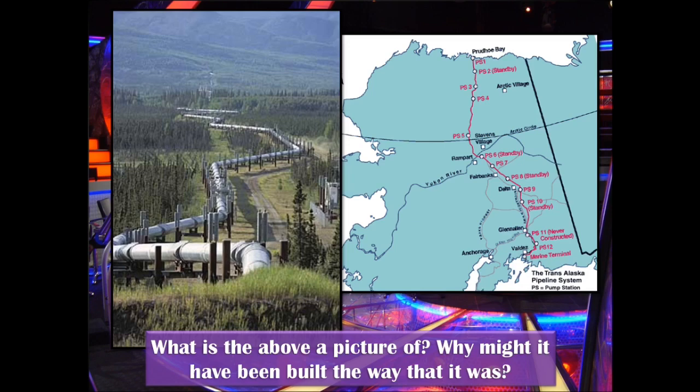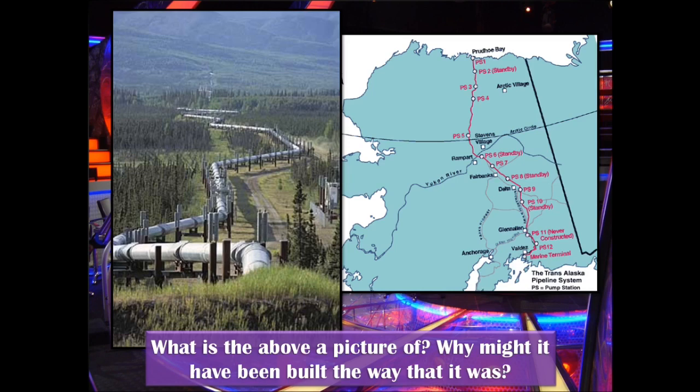But another thing they have is oil, and they have to pipe that oil, or they don't have to, but in the United States we've chosen to help them pipe that oil, pipe that natural resource down into the United States. So we have a pipeline that goes through Alaska, and it's above ground.